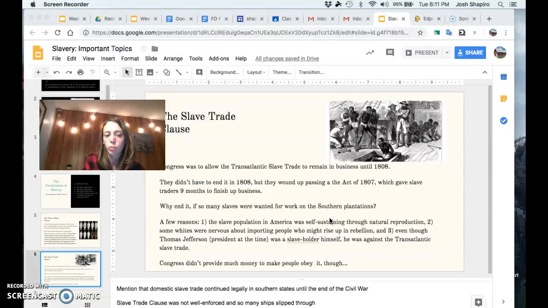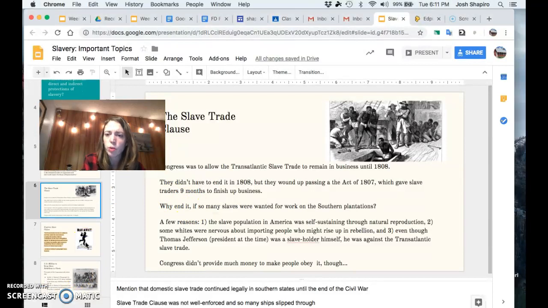There were still ships with human cargo coming over into North America, because Congress didn't really fund the law very much. Imagine that. So that's what happens when we don't fund things, right? Not good. So the next thing you guys should be aware of